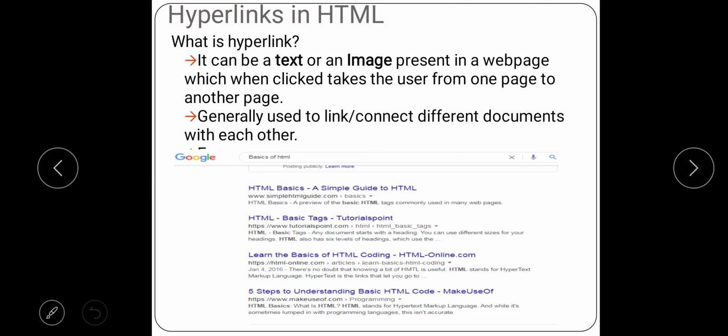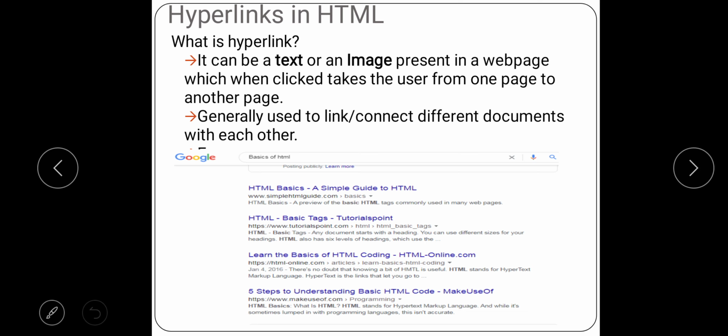So these blue color links are shown in blue color. When we click on this link, it will take us from this page to the other page where the href attribute source is mentioned. You will see what I am talking about. Okay, so we will see in the next slide.